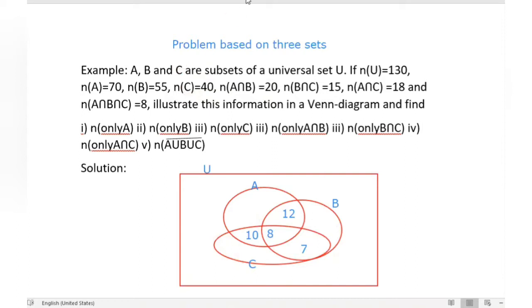Let me write down the values also. Here n(A).